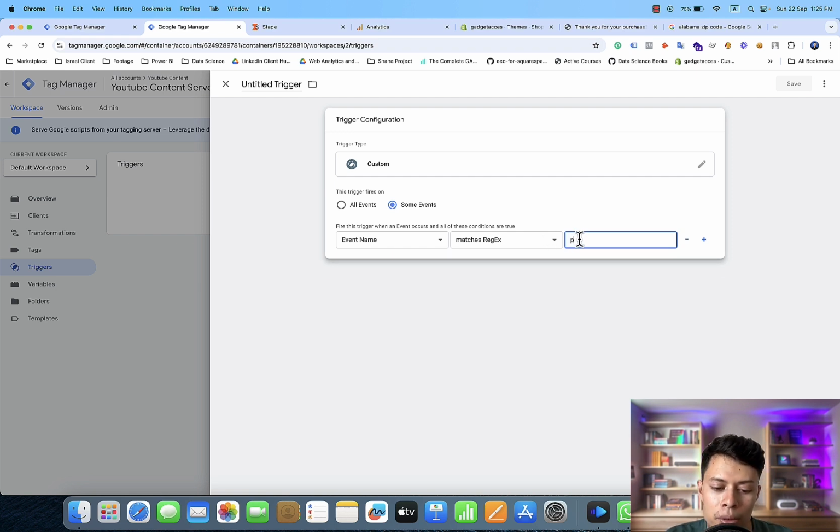Mass regex means if I write here page view, as an example, and then I write this sign and then view item, that means now if the Google Tag Manager server container gets the page view event, then this trigger will be fired, and if it gets the view item, then this will be fired. Okay,